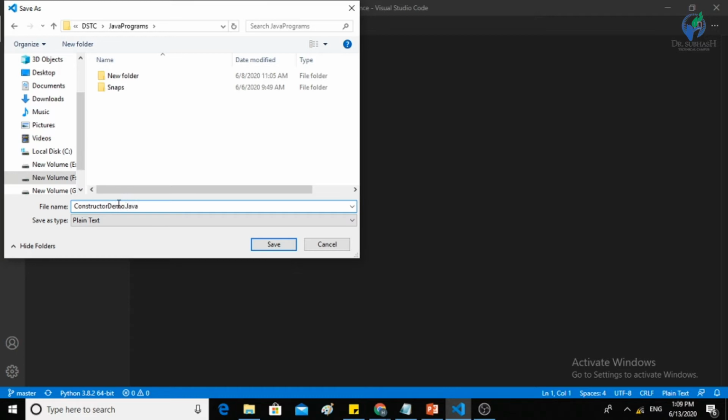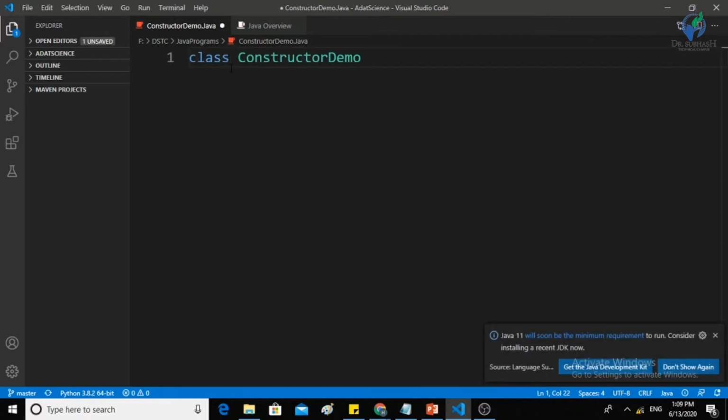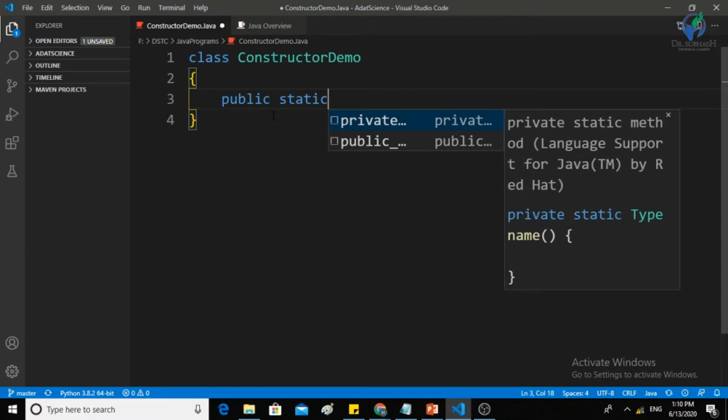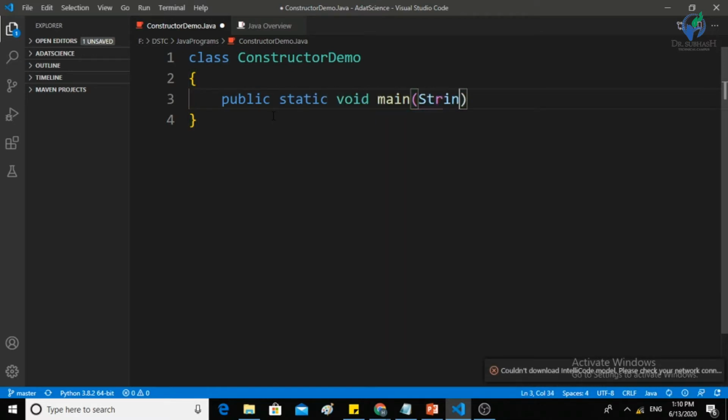As you know, we'll have our class main method, so we will define public static void main with String args.